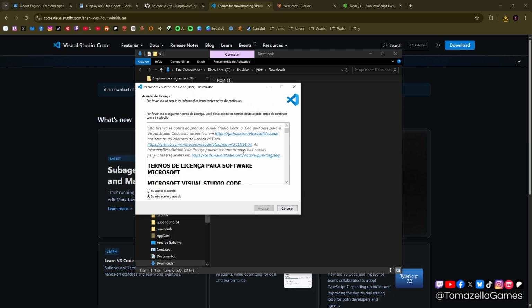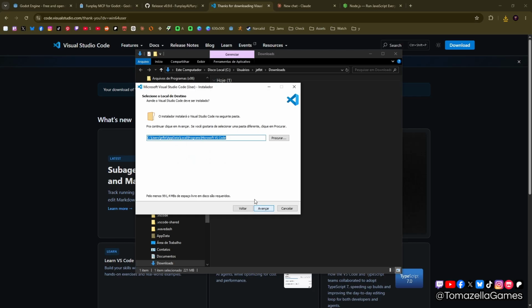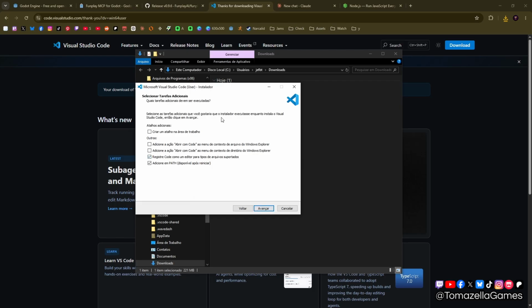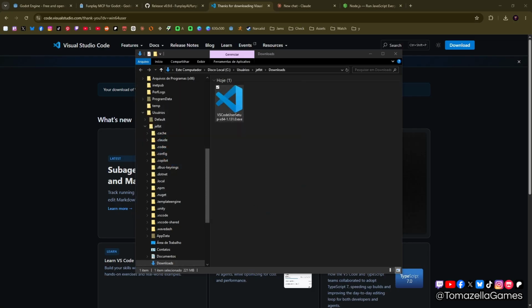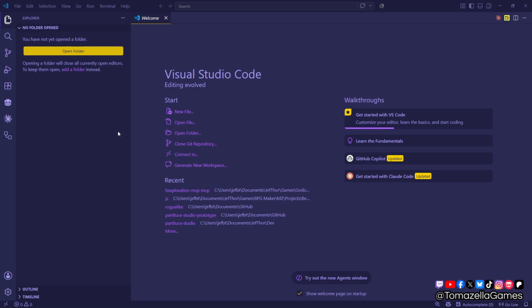My operating system is in Portuguese, but don't worry, just choose I accept here. Next. And just next if you want. I do. I like to add those two here and also those two here. Okay, let's start it. Then you get this Visual Studio Code